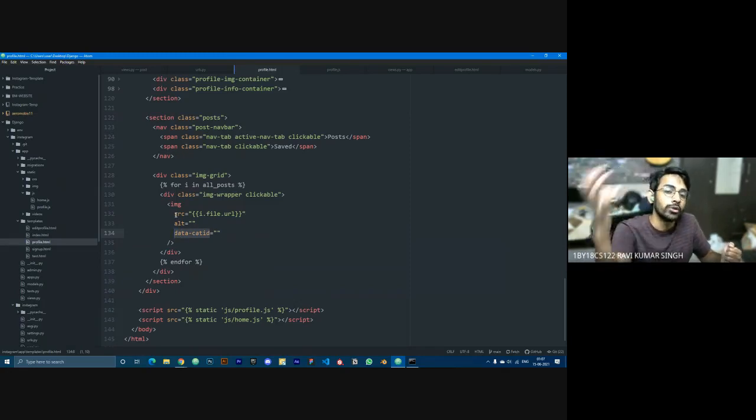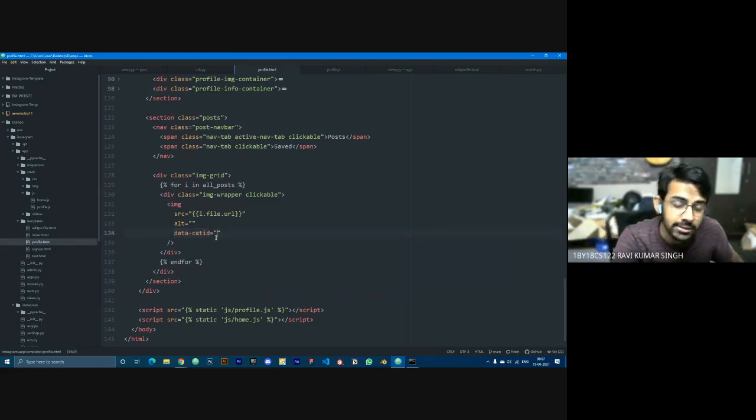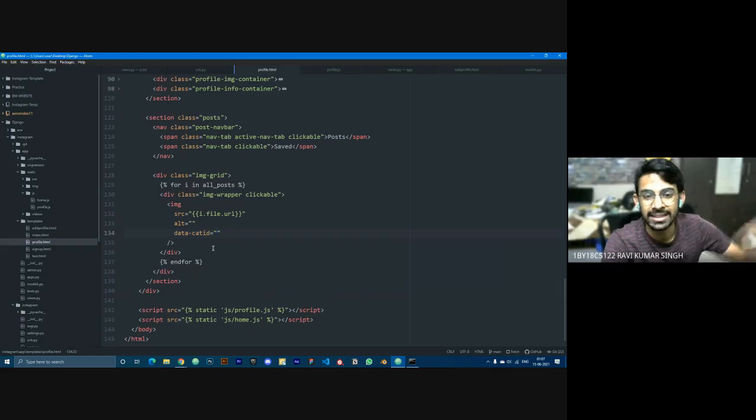Similarly, remember with the like button, we used to change the source attribute. So similarly, we are going to access this data cat ID attribute, which is basically used for exchanging data. The value I'll add here is I dot id.